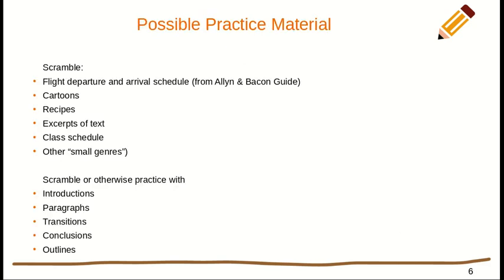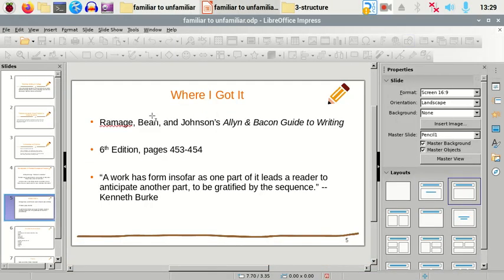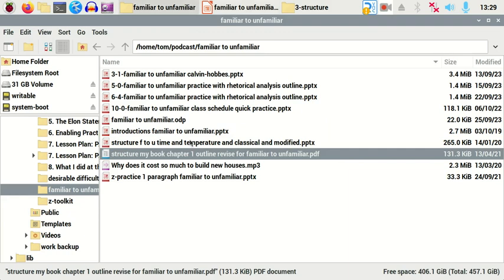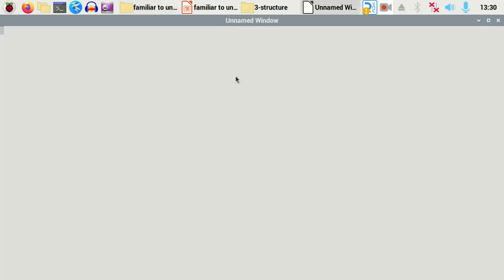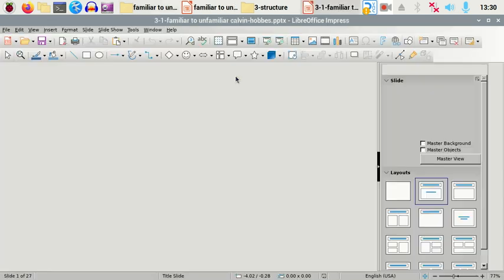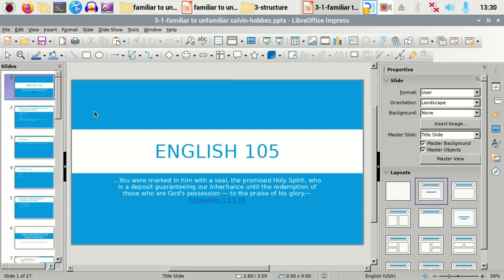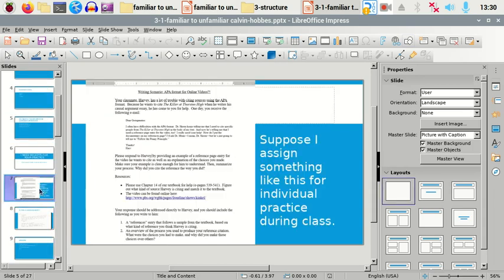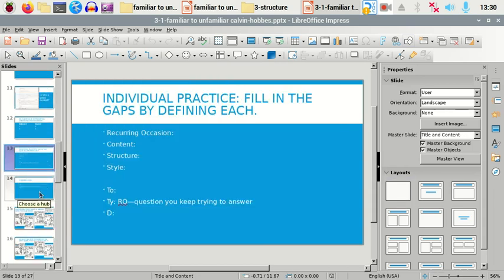But there's lots of practice material. I just wanted to go through some that I have collected and used over the years. And so I have a folder that I've set aside on my computer here with a bunch of things that I like to use. One I used recently, a few weeks ago, one that I use to introduce familiar to unfamiliar sometimes, comes from a cartoon by Calvin and Hobbes. And so if I get down here just a little bit, it's going to be